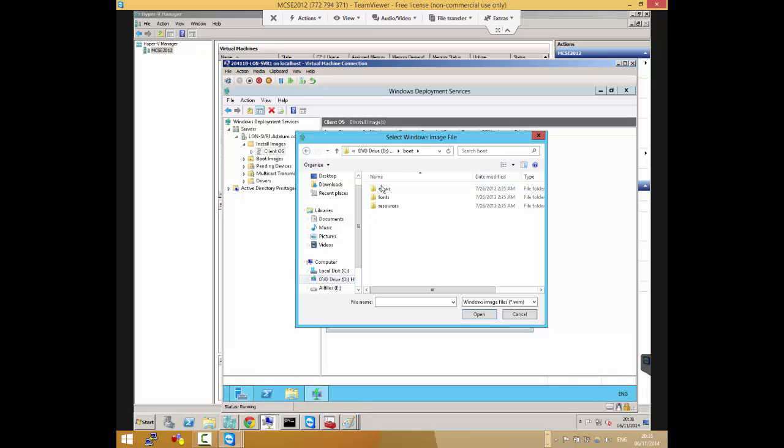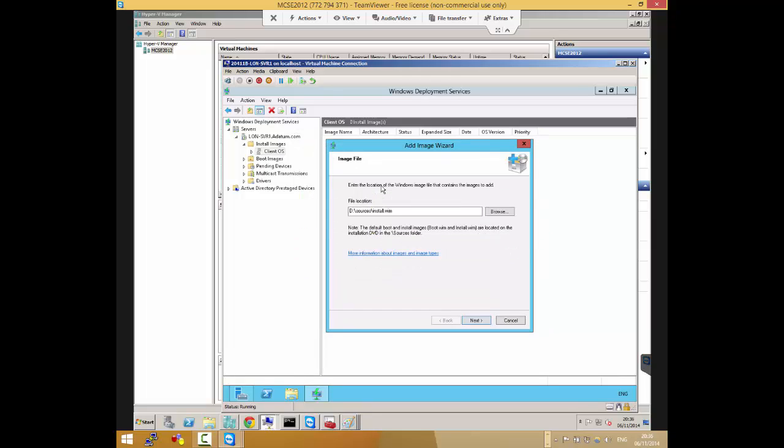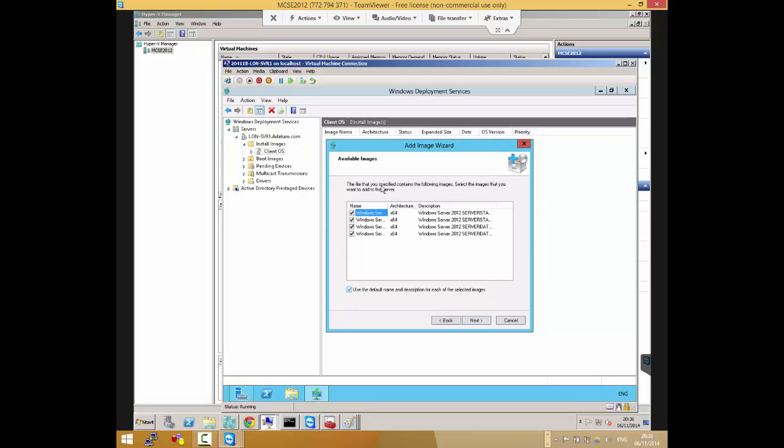Now the thing with that is that in versions previous to 2012 R2, it will only allow you to use VHD as boot images. It won't allow you to use VHD as install images. But 2012 R2 allows you to use VHD as an install image, so apart from boot image, you can use it as install image.